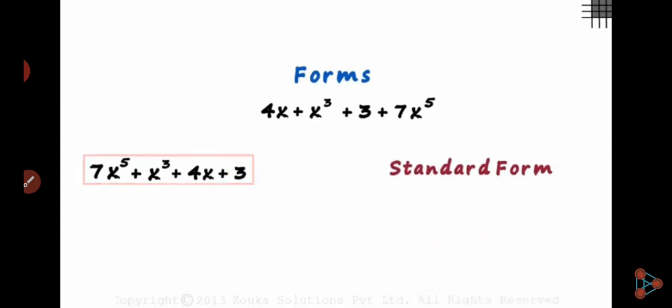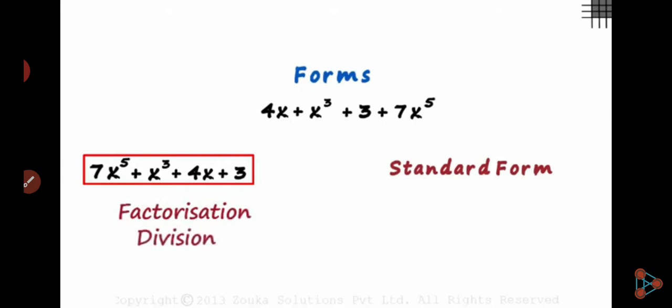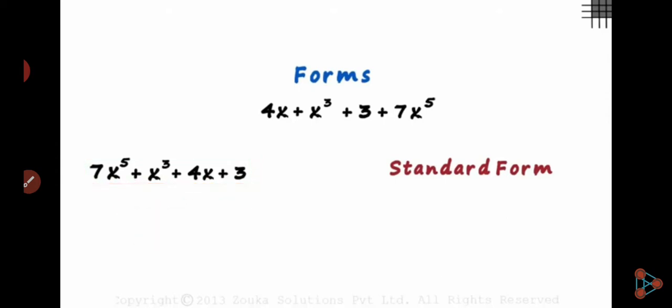Understand? This standard form gives us factorization, division and so on. Here this is power 5, this is power 3 and this is power 1, non-negative powers not more than 5, because the degree of this polynomial is 5. Here 5 is there, 3 is there, 1 is there and 0 is there, but 4 and 2 are missing. So how do we write the index form of the polynomial?